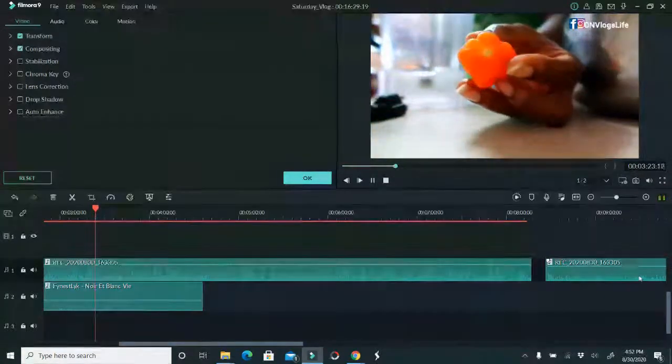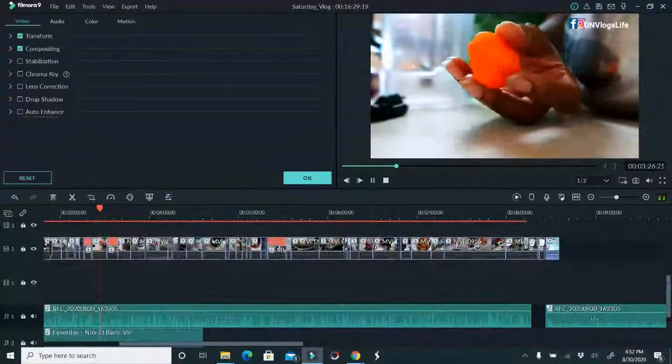But check out this habanero pepper. Look how shiny it is. Okay. So